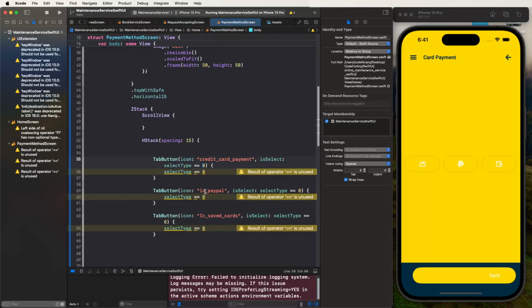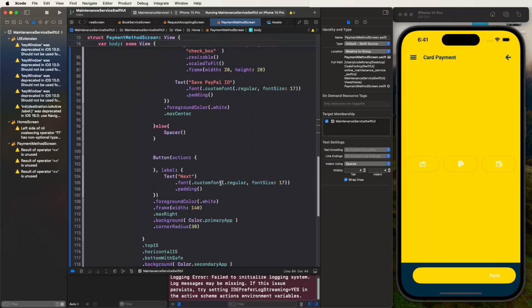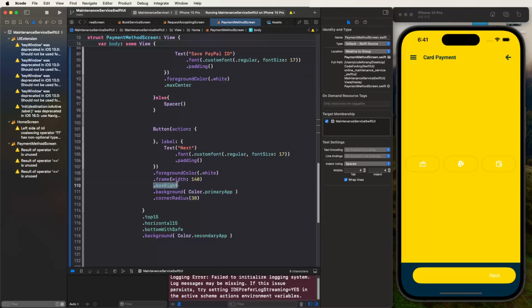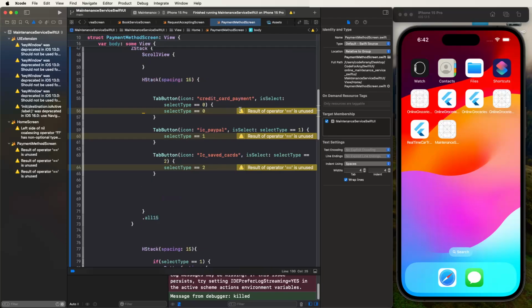Need to set here one, set here the two here, and also we need to max right for these buttons and to write down like this here. Again so need to restart here and make sure